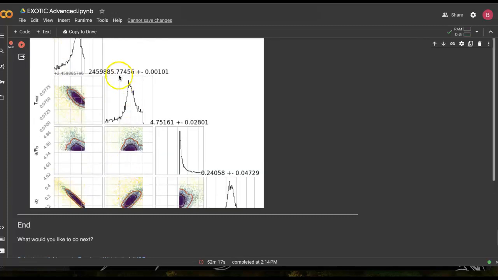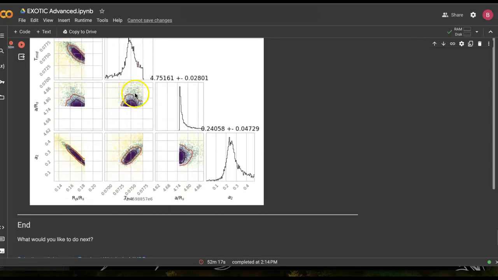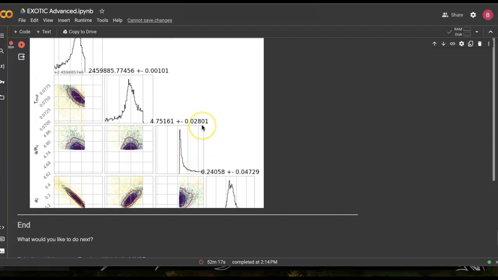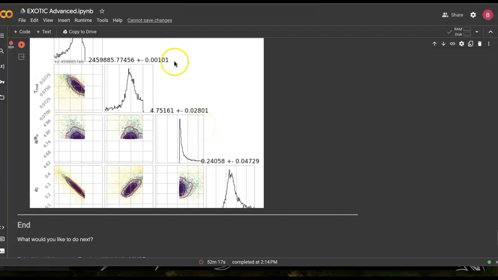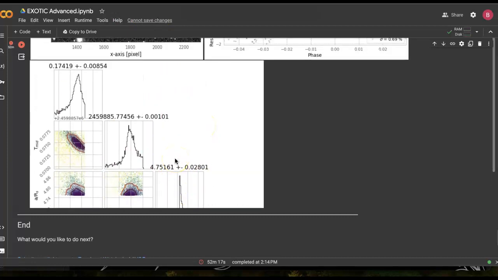Here's the best fit for the mid transit time. Here's the best fit for the semi major axis, the ratio of the semi major axis to the radius of the star. This is not exported to your output folder, so you could save this image if you want to,